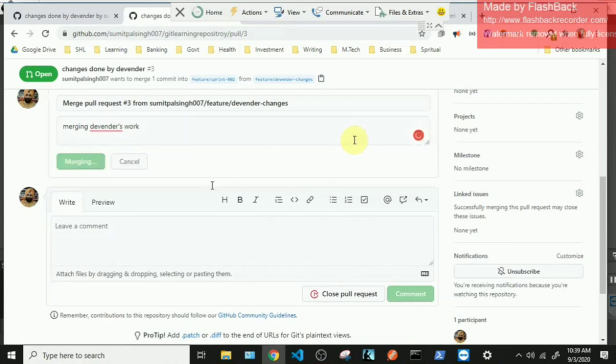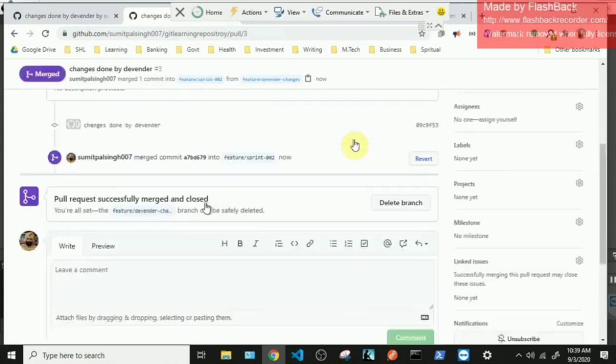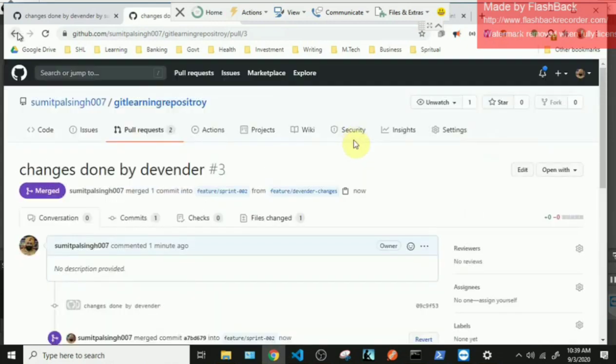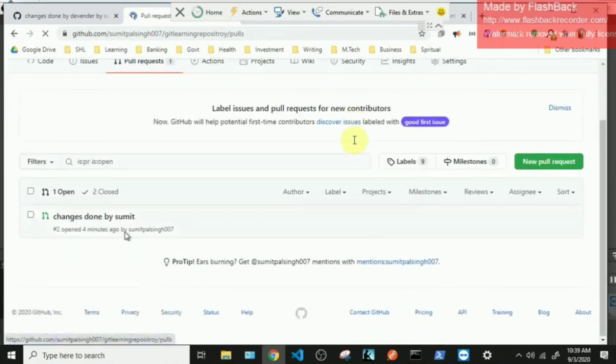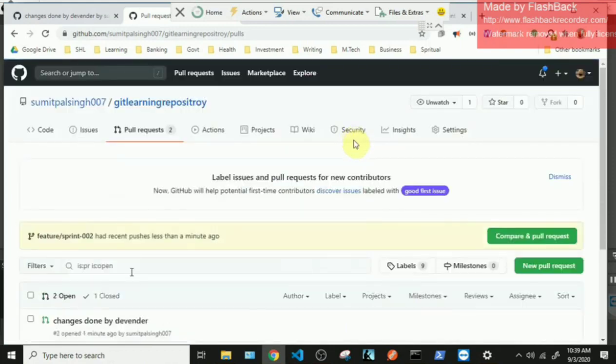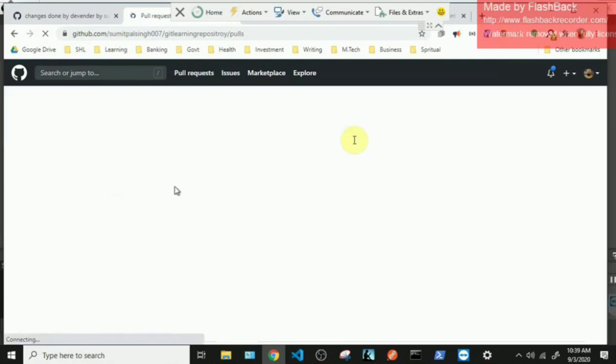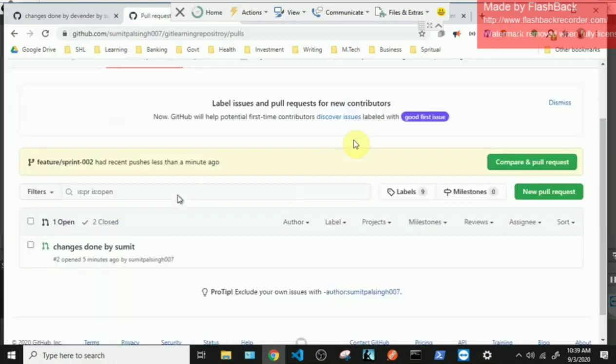Now if I go back to pull requests, I can see there's only one pull request pending, which is Sumit's work. If I refresh it, now Devinder's code change has been merged. The only pending request is Sumit's request. So I'll merge this as well.